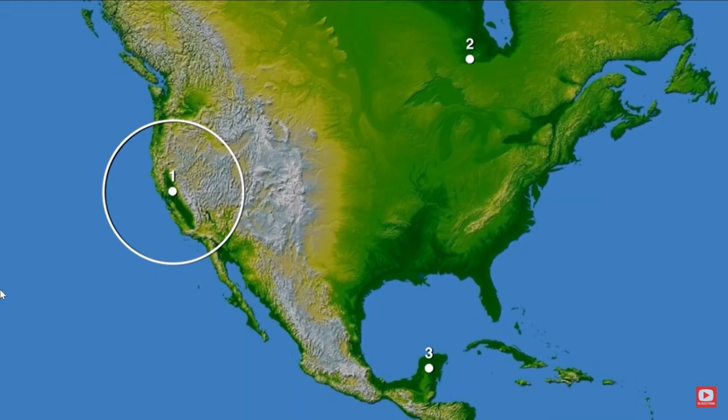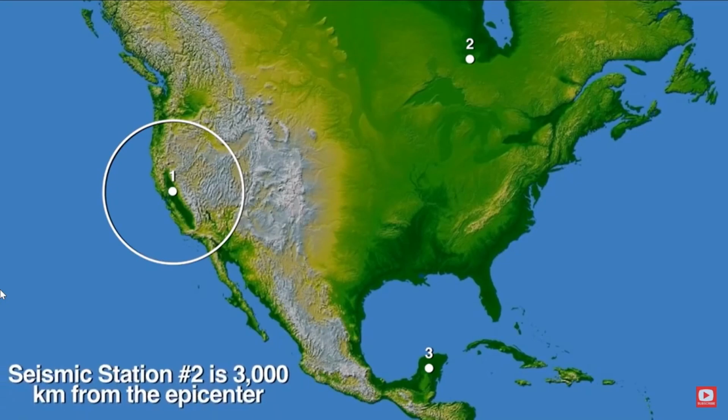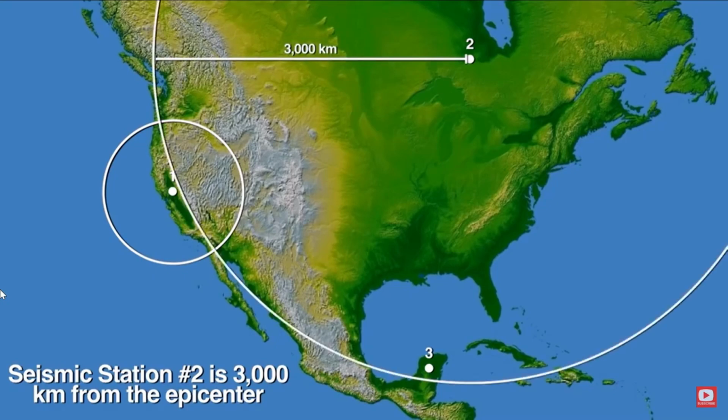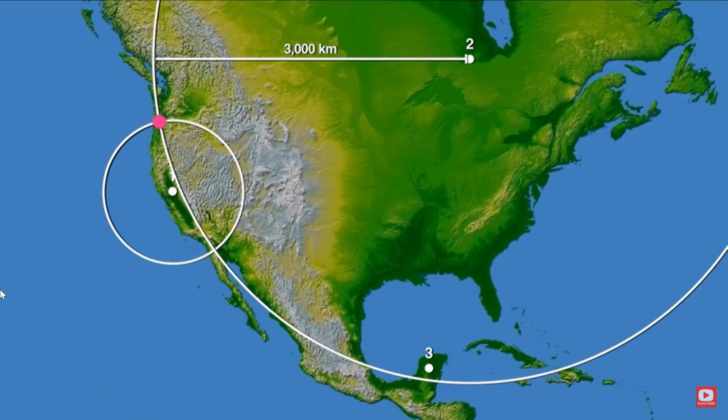So let's turn our attention to location 2 and say we did our math and we found that location 2 is 3,000 kilometers from the epicenter. Now again, it could be 3,000 kilometers in any direction. So we will draw a circle around point 2 with a radius of 3,000 kilometers. Now notice something. If you did this properly, your circles should intersect, most likely in 2 places. And what that means is that the earthquake had to happen either here at this intersection or here at this intersection. But again, that's not good enough because we want to know exactly where the epicenter was,